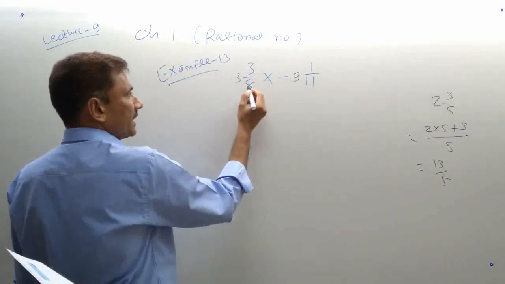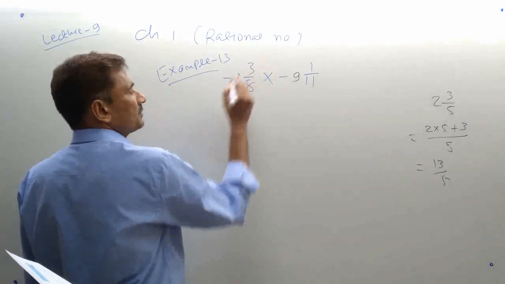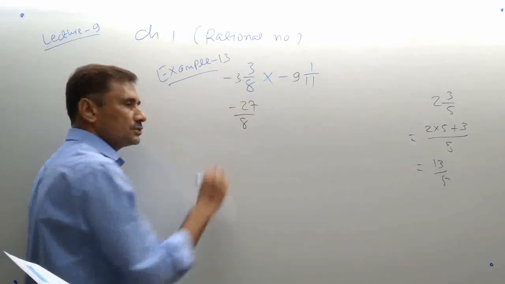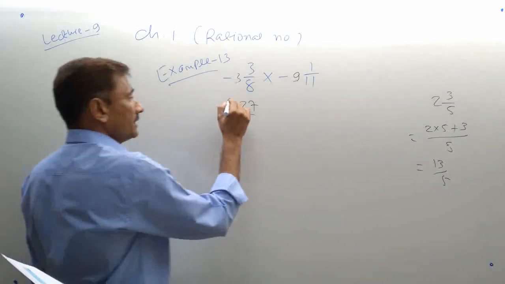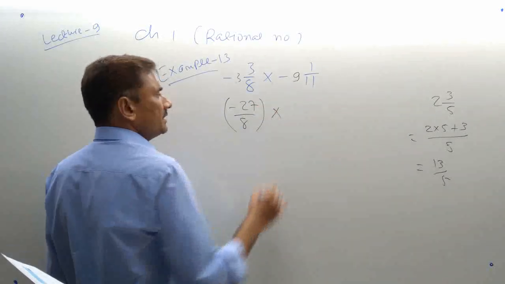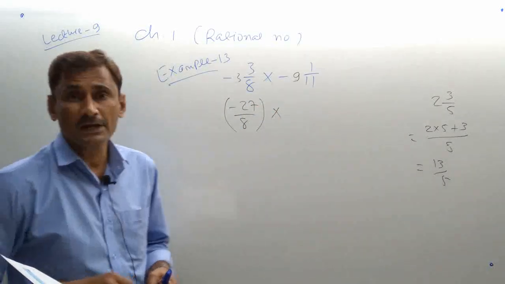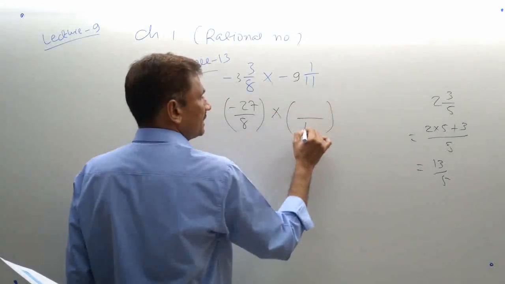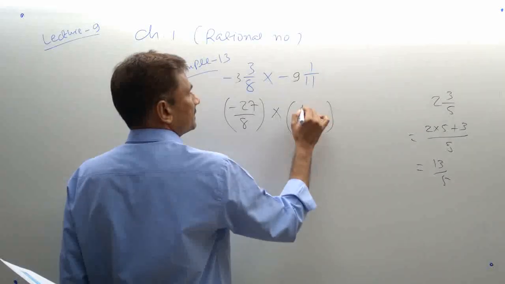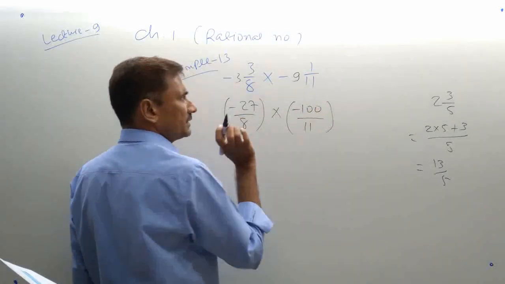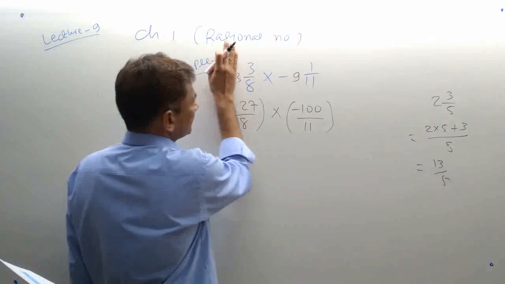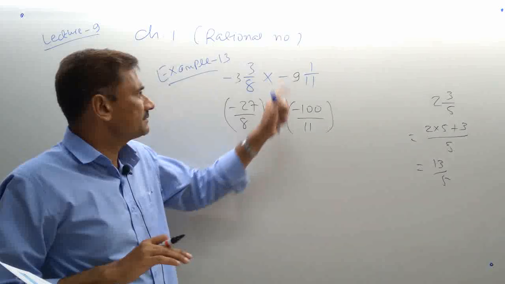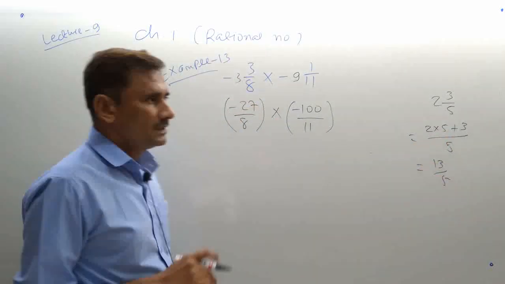Now in the same way, 8 3s are 24, 24 plus 3, 27. And the minus remains here only. The sign is allotted to the numerator only. Whenever a negative number is there, be careful, it should be in brackets. Again, 11 9s are 99 plus 1, 100. The sign remains separate; don't consider the sign, just convert the number. If it is negative, then negative, if positive, then positive. Addition only, never subtraction.